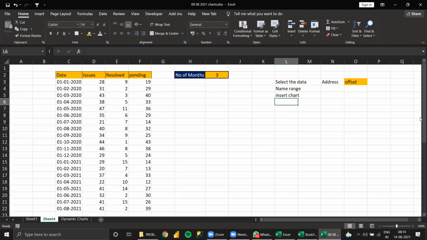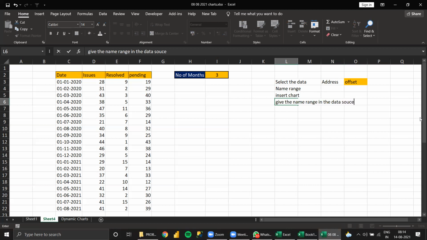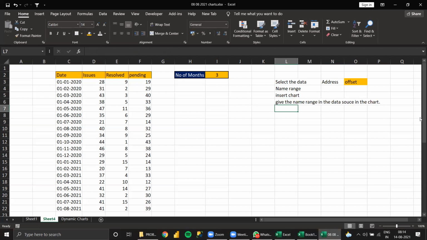Then connect this name range, give the name range in the source data in the chart. That's all. It will become dynamic. Let us see one by one. Now, we need to build the offset formula.